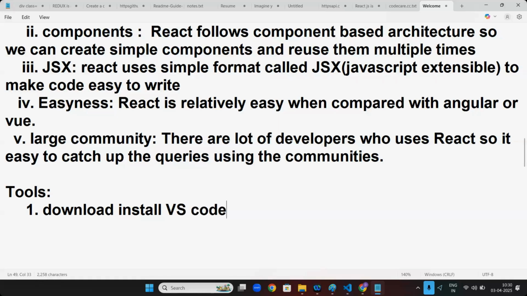Banu, in Angular we don't use reusable components? I think Banu doesn't know Angular. In Angular also we use reusable components only. The component definition is the same. Do you all have VS Code in your system already? If anyone does not have it, get it.